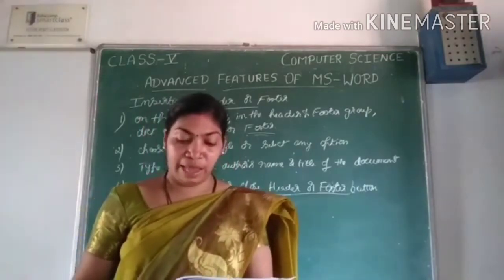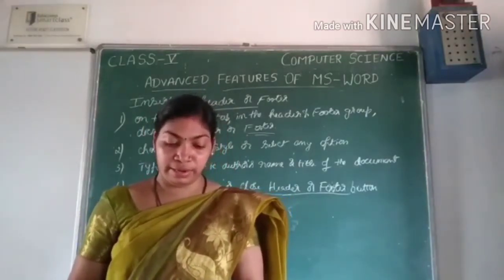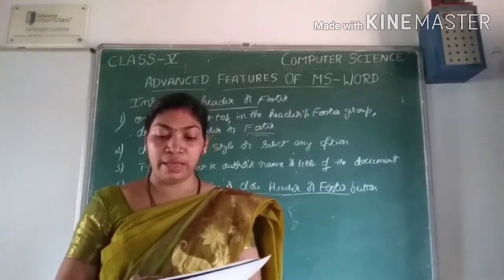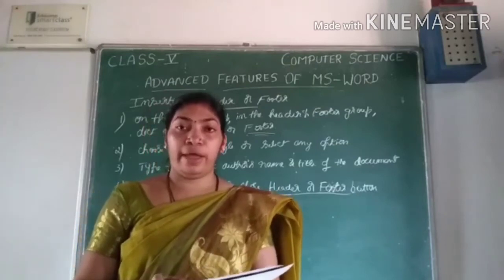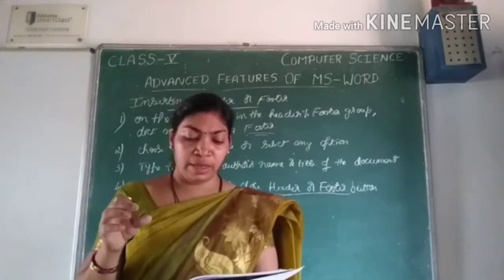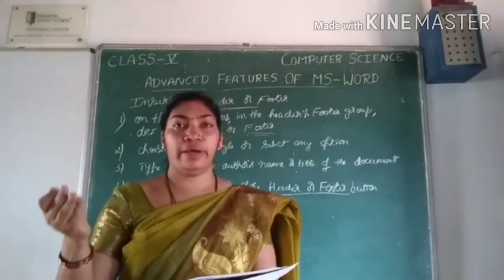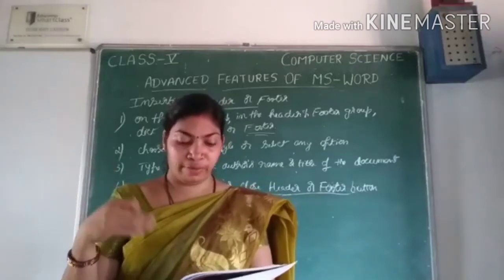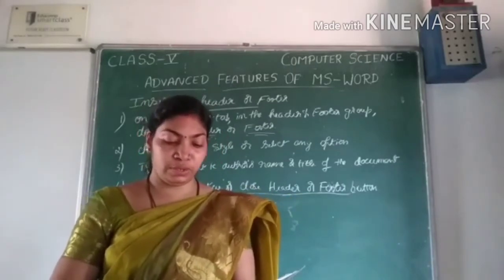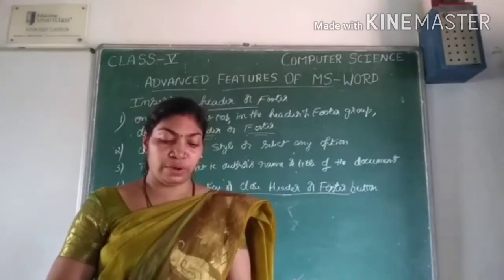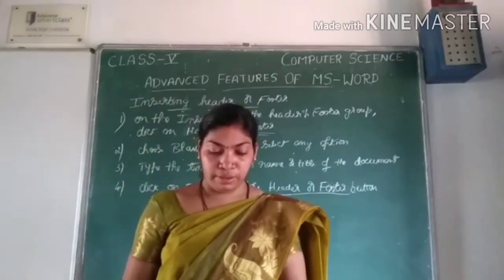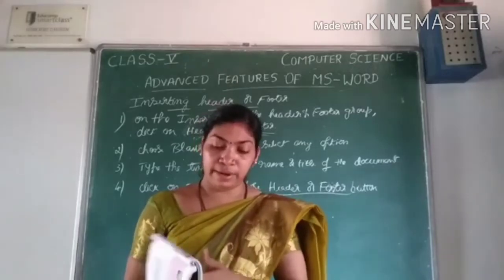Then there is a navigation group of buttons under the design tab. What is this navigation group of buttons? In that, there are options like go to header and go to footer. If you are in the footer section, then you can navigate to the header section. If you are in the header section, then you can navigate to the footer section. So you can use go to footer to quickly navigate from the header section to the footer section, and go to header to quickly navigate from the footer to the header section. So this is how you can add the header and footer section.